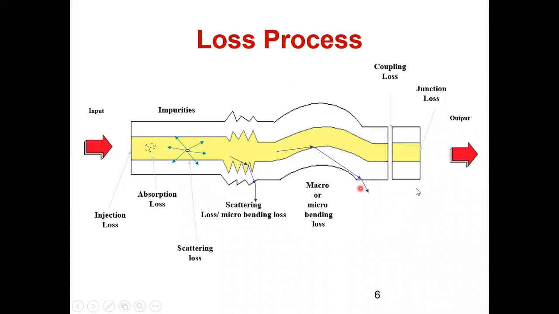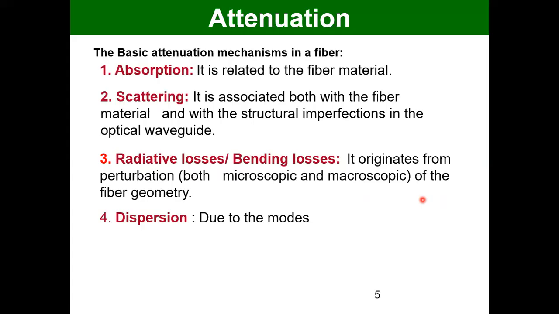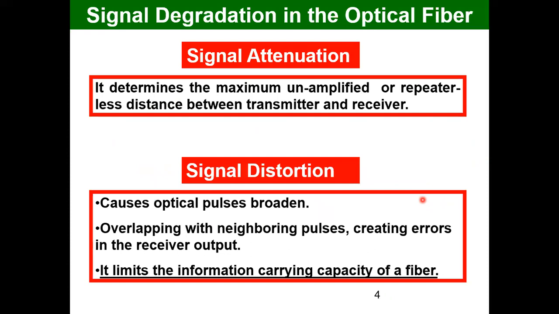So this was just an idea of how many types of losses there are. This is not covering the entire thing, but at least with this visual diagram, you can make out where losses can happen. So now we start with the attenuation loss. So we will start with signal attenuation.